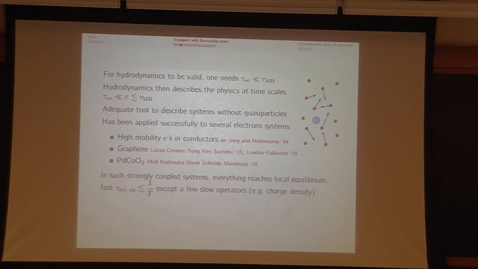Okay, so as I mentioned before, in strongly coupled systems, we expect everything to thermalize very fast, except a few slow operators, which are related to conserved charges. So the bullet points of hydrodynamics will be to first list these long-lived operators that depend on the symmetries you're assuming, and write down their continuity equations. Write down constitutive relations for the currents. That's again where the symmetries come in. And finally, find the Josephson relations, which are hydrodynamic equations of motion for your Goldstones. So I'll go through how this works for the specific example of hydrodynamics with translational order, which is the theory I want to sell to you.